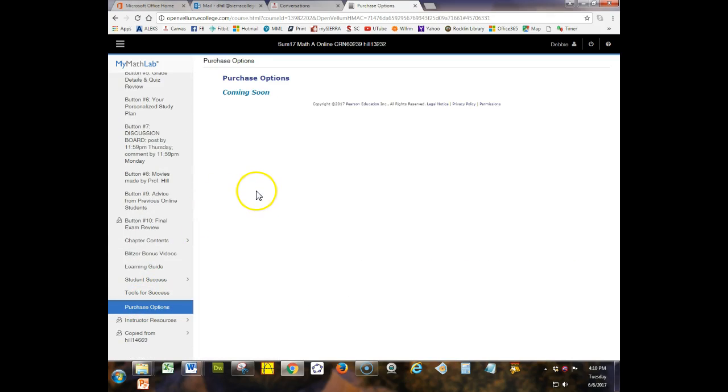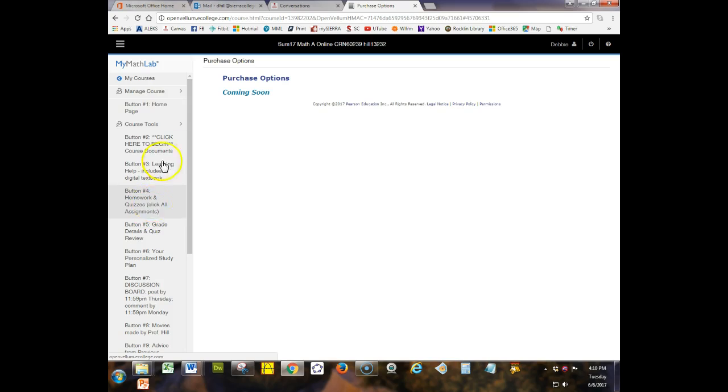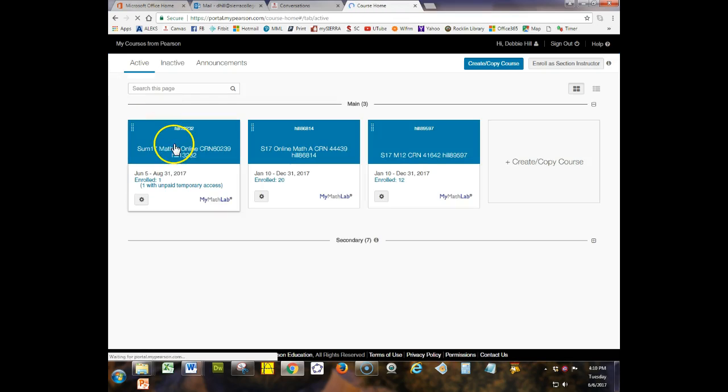The purchase options is if you use the free 14 days access, eventually they're going to get this set up so that you can just purchase your access from here when that's ready to expire. So you will get an email if you use the 14 days of free access. You'll get an email warning you that it's about to expire so that you can actually purchase your access. So that's what you should see when you log into MyMathLab, and let's